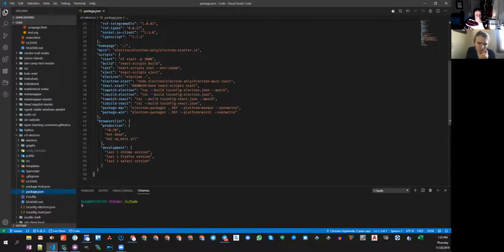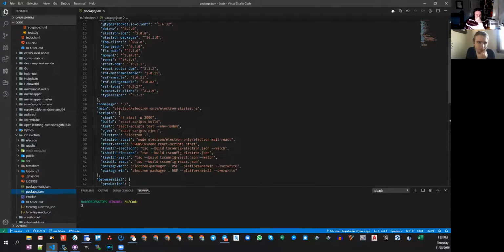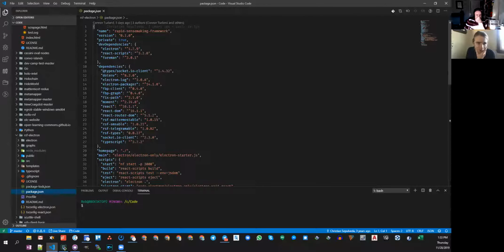Those are the scripts. Up here are the dependencies. The FBP ones are the flow-based programming ones, the FBP client and FBP graph. And then there's some RSF ones. We have this RSF namespace for the general ecosystem of RSF modules, so you can identify them pretty easily. That's on npm itself?